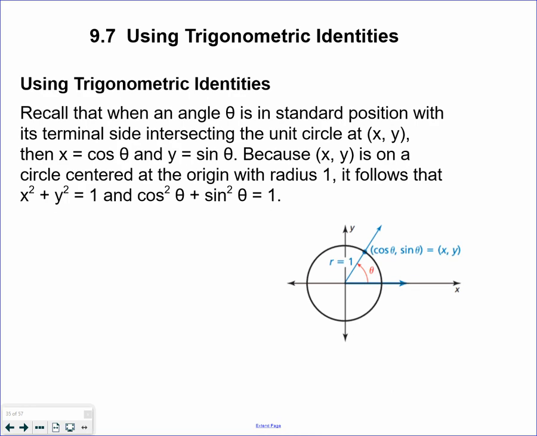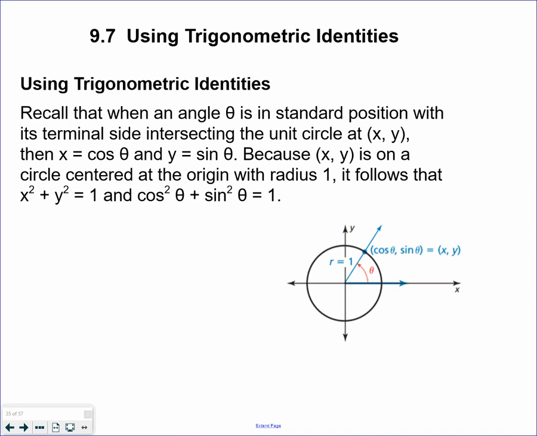We're now going to dive off into something else here. We're going to talk about using what's known as trig identities. And recall that when an angle measure in standard position is the terminal side. So we're going to do a terminal side question similar to what we have done previously. This was actually a question that comes up a little bit before, but it leads us into some more